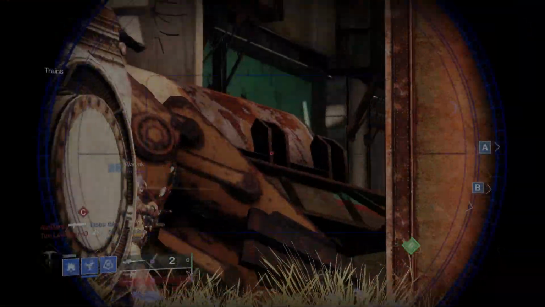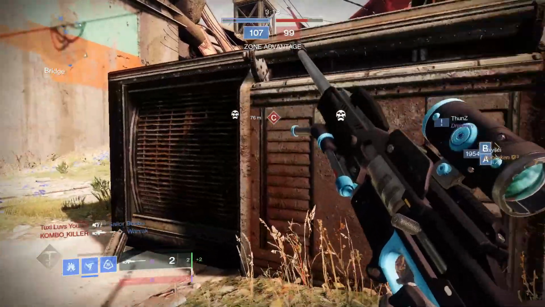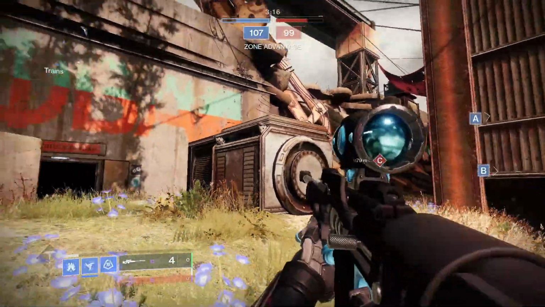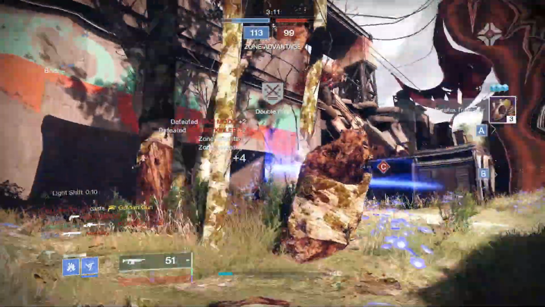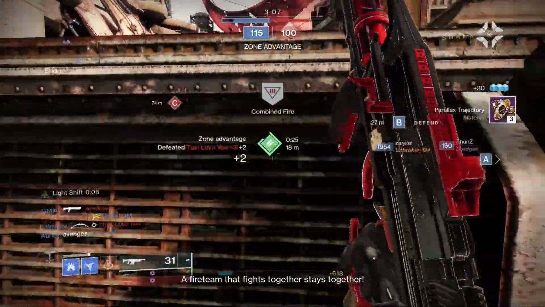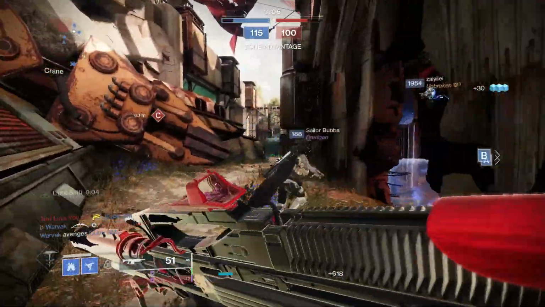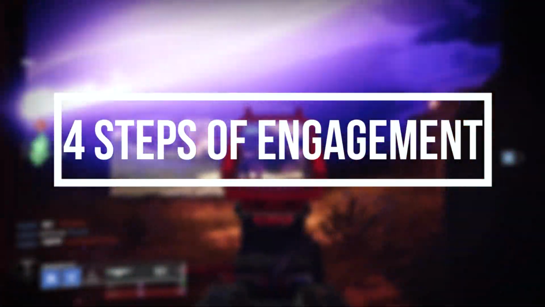There are many decisions that have to be made during the course of a PvP match. From weapon and subclass selections to constantly evaluating both yourself and your opponents, there's a part of your game that sometimes gets under-prioritized. Arguably, the most important part of playing PvP is how you start your fights. In this video, I'm breaking down the 4 steps of engagement you need to follow in order to succeed in